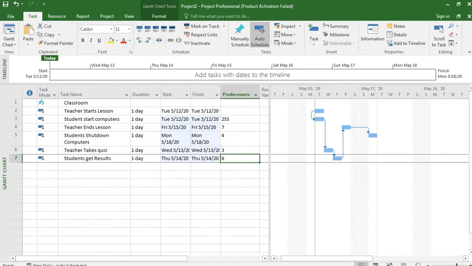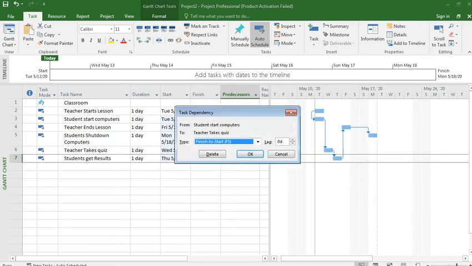And what about this? Double click it. When students start computers, teacher takes quiz. This ends, then teacher starts quiz. So this is finish to start.